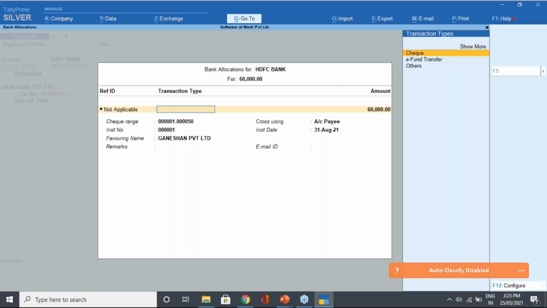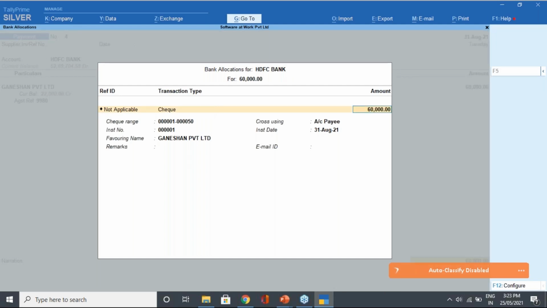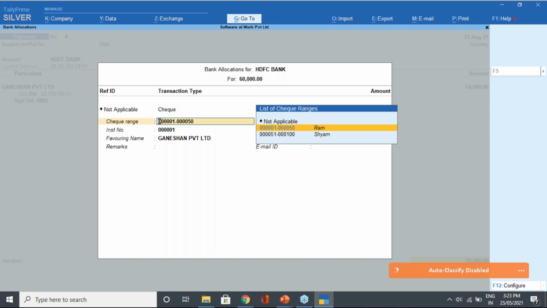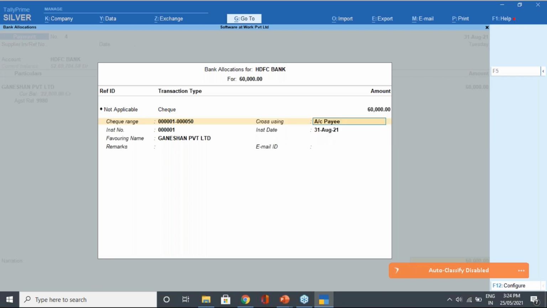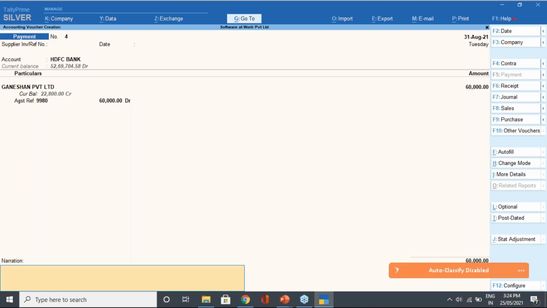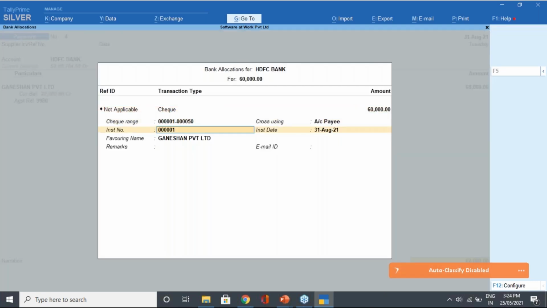First of all, if you are paying with a cheque, you can mention it as a cheque. So what is your cheque range? By default, if it is given by Ram, it is given by Sham. Who is giving the cheque? Suppose Ram is giving the cheque. Cheque number one is the instrument number, that's correct. It's using cross. Instrument date is the same, on which I am passing the entry. Favoring name is Ganeshan Private Limited. If I have any remark or email ID, I can mention that. So if I have an email ID or remark, I can mention that remark also. Okay, and now I can enter and accept this